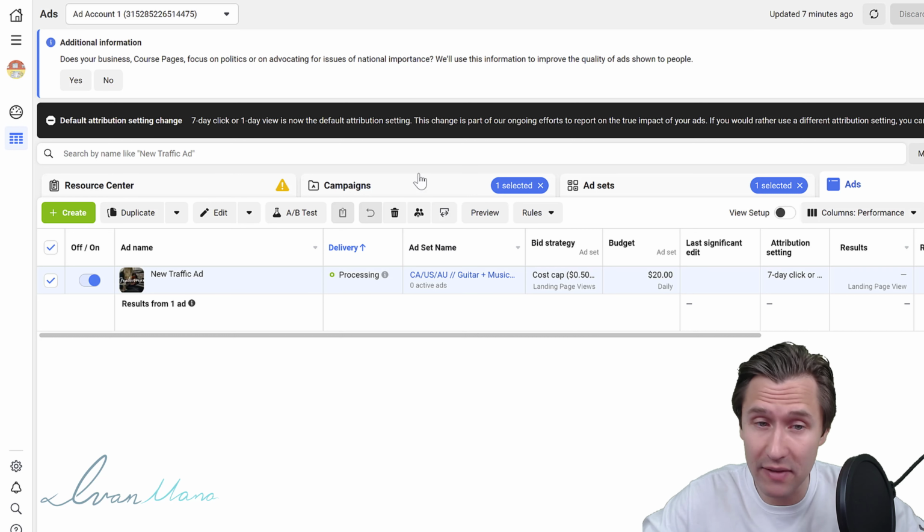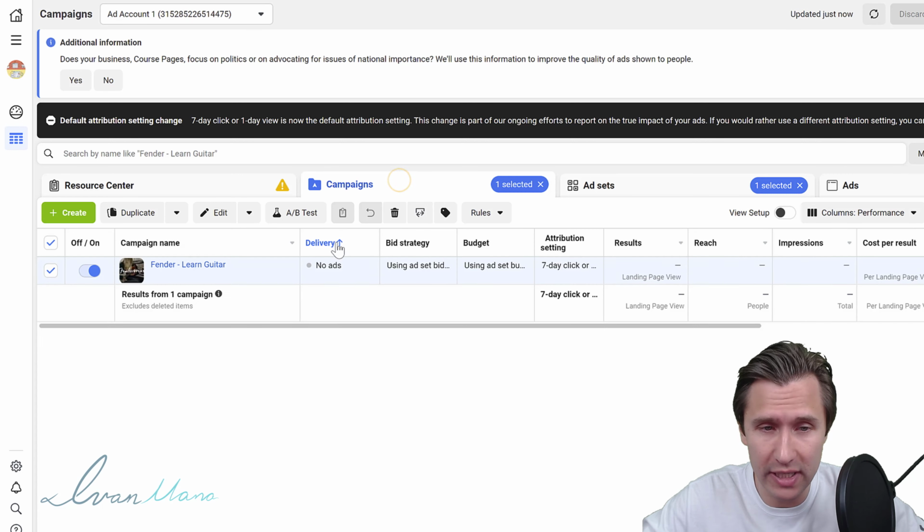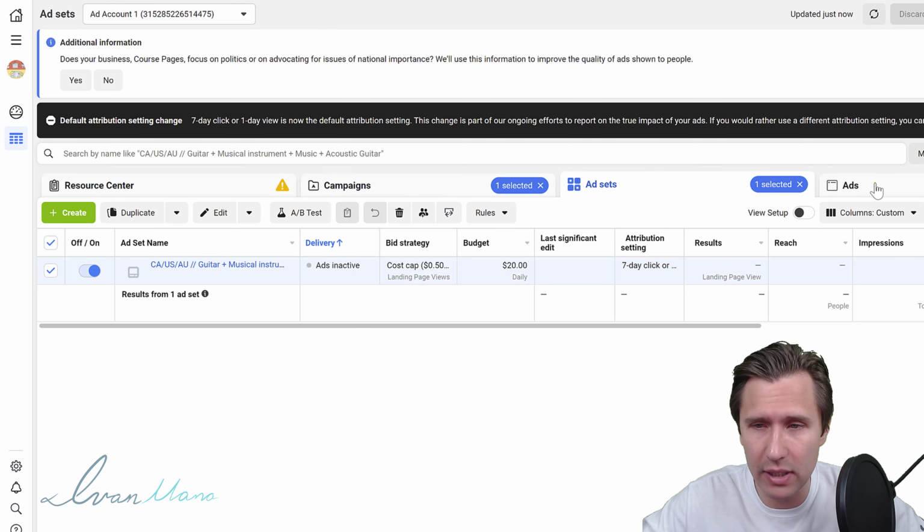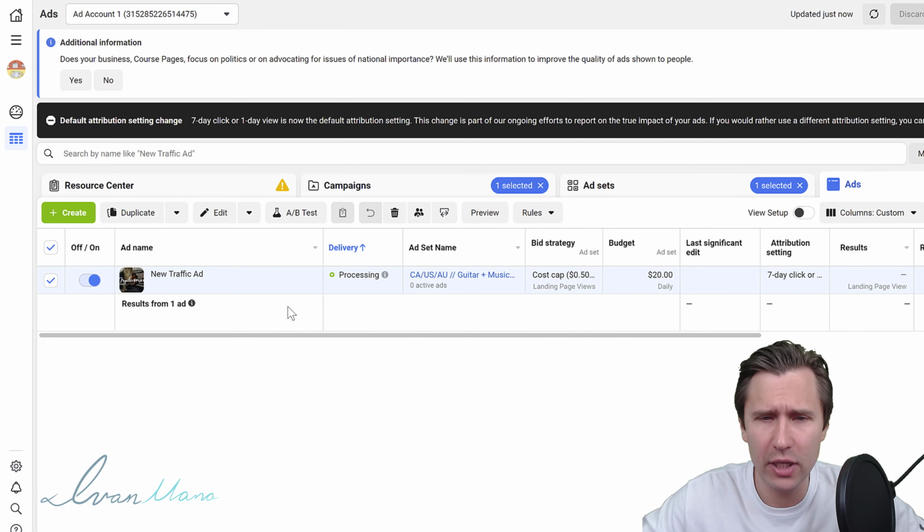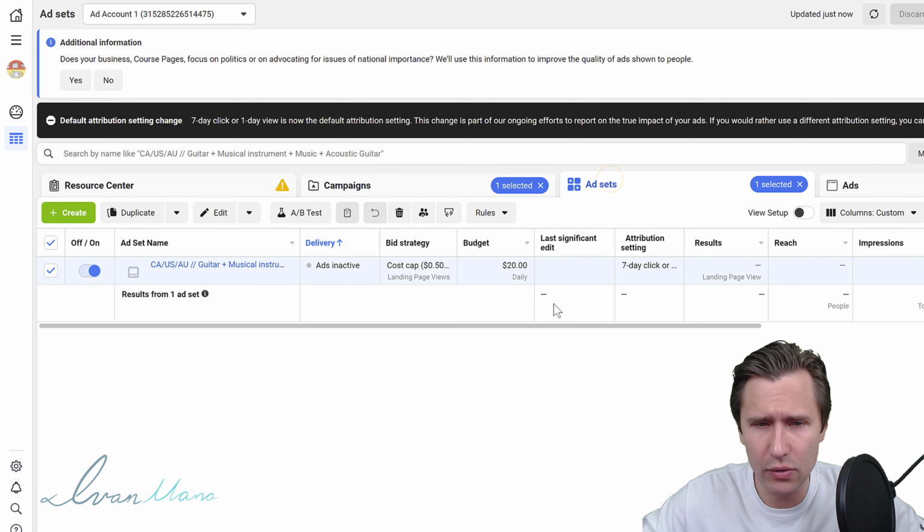And I don't believe we have any here. This is a really mild offer, Learn Guitar. And then here you have the campaign level. You can click edit. You can go to ad set level. You can click edit. You can go to ad level. And I told you that I'll show you how to split test. So it's really easy. If you, for example, want to test different interest groups and things like that, you can